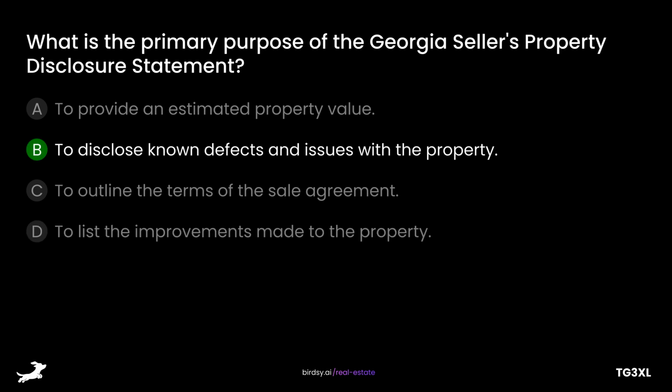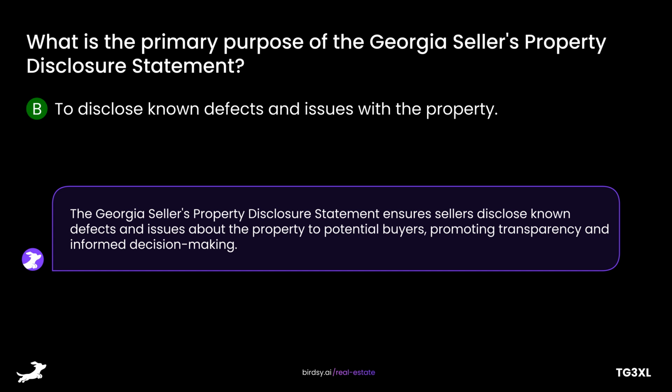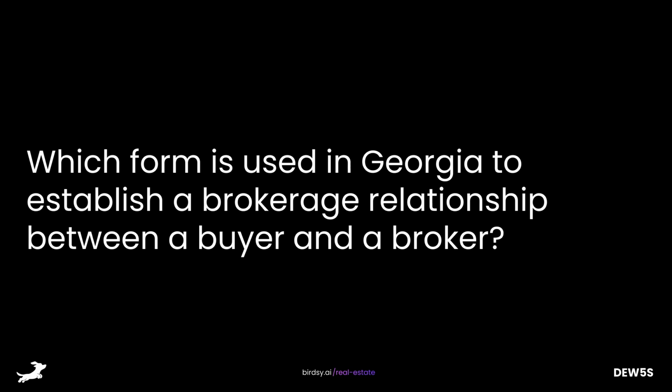The answer is B, to disclose known defects and issues with the property. The Georgia Seller's Property Disclosure Statement ensures sellers disclose known defects and issues about the property to potential buyers, promoting transparency and informed decision-making. Which form is used in Georgia to establish a brokerage relationship between a buyer and a